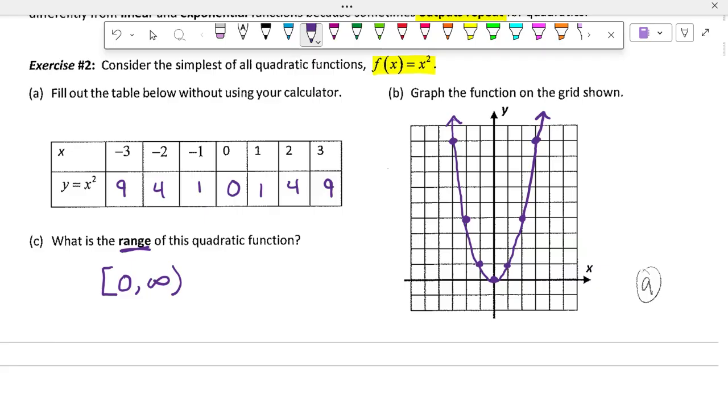That's why we use a bracket. So, another way you can figure out bracket versus parentheses: bracket means defined, it equals that number. Parenthesis means undefined, or it gets really, really close to that number, infinitesimally close, but it never actually